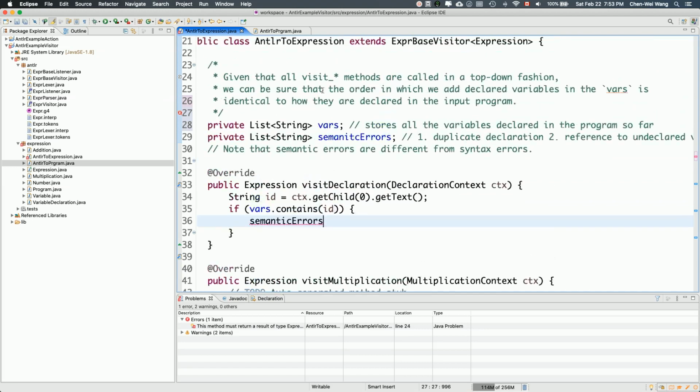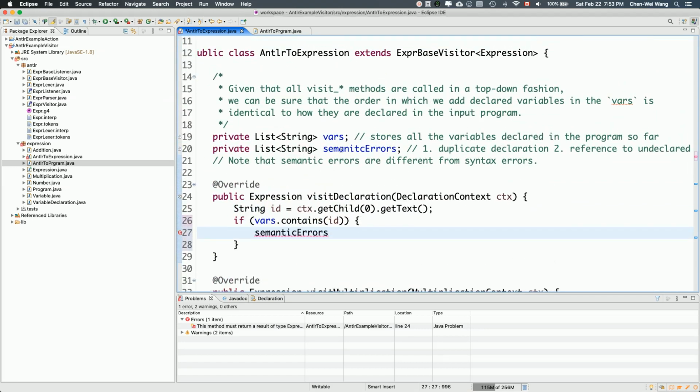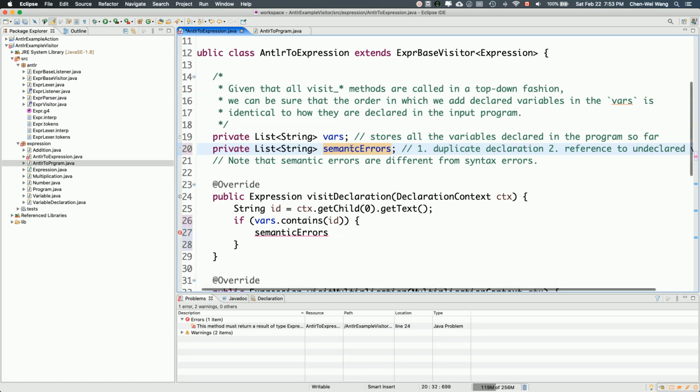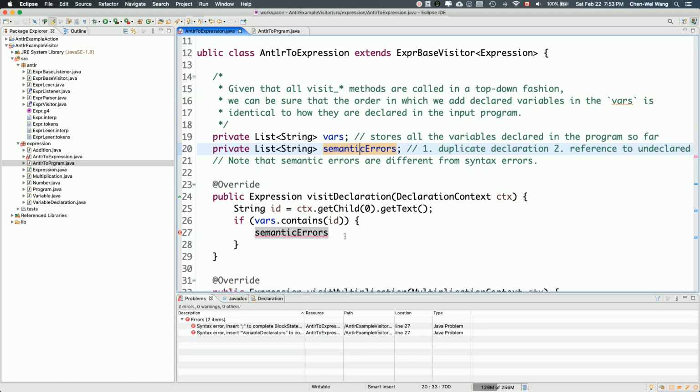Did I put semantic errors? Yeah, it's exactly over here. Oh, I just made a typo. That's why. Over here, of course, we should initialize these two attributes. I'll do that in a moment. Semantic errors dot add, and over here I can say error